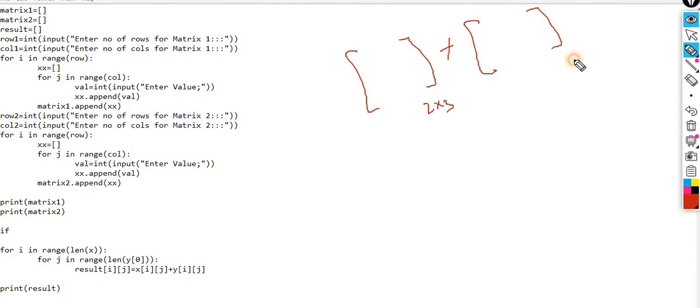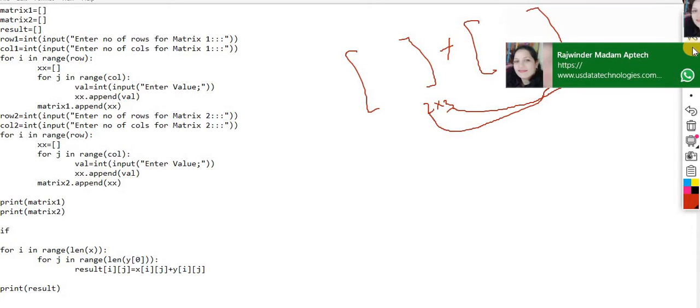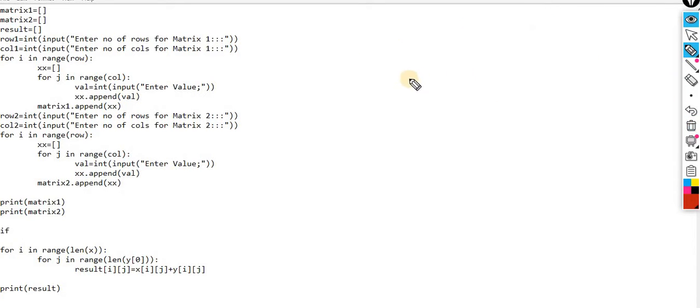2 into 3, 2 into 3. If this one equals this and this one equals this. Sorry, I apologize. 2 into 3 plus 2 into 3. So here row 1 double equals row 2, column 1 double equals column 2.